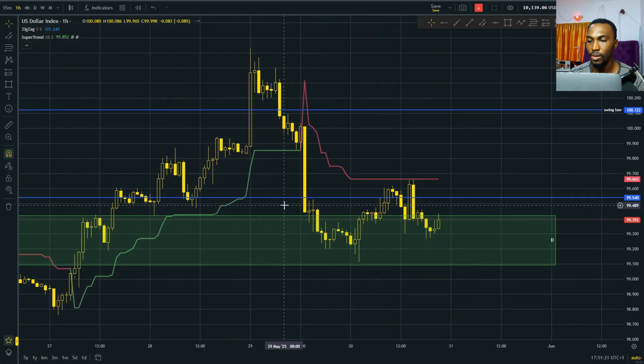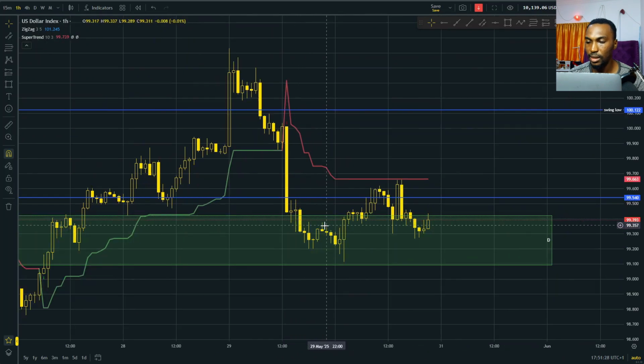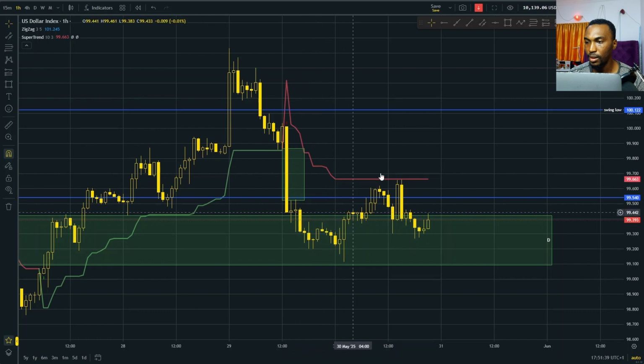So on the 1 hour, we expect to see the usual: the sharp turn, fair value gap in and the fair value gap out. What I see here is a strong fair value gap in, which was not even properly mitigated, just a very tiny mitigation. And now you see a fair value gap out right here, which seems to have gotten respected at first, but at this point it seems like it's no longer getting so much respect.